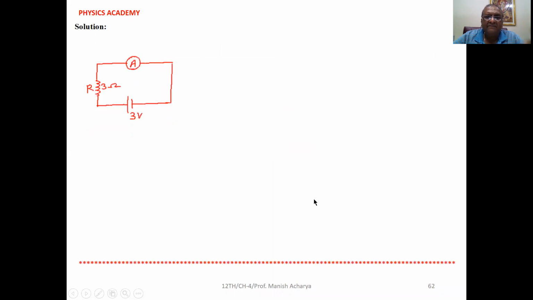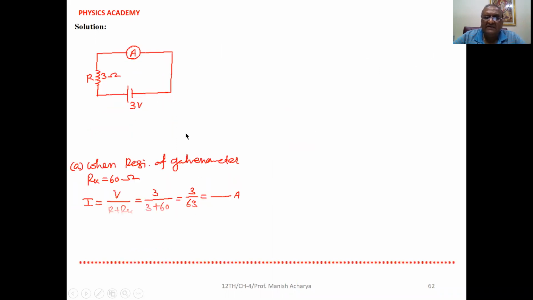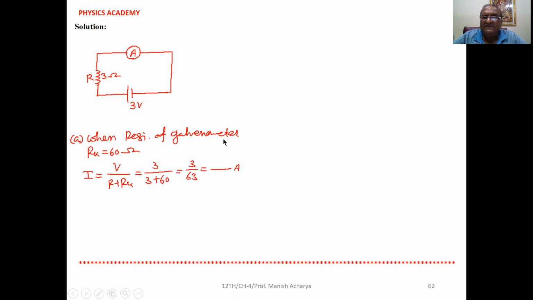Now see, this is our circuit. When the resistance of the galvanometer is 60 ohm, here the resistance 3 ohm is already in the circuit. So with that in series, the resistance of this one is 60. So I, that is V upon R plus Rg. So 3 upon 3 plus 60. So 3 by 63. This much current will flow in the circuit. Then